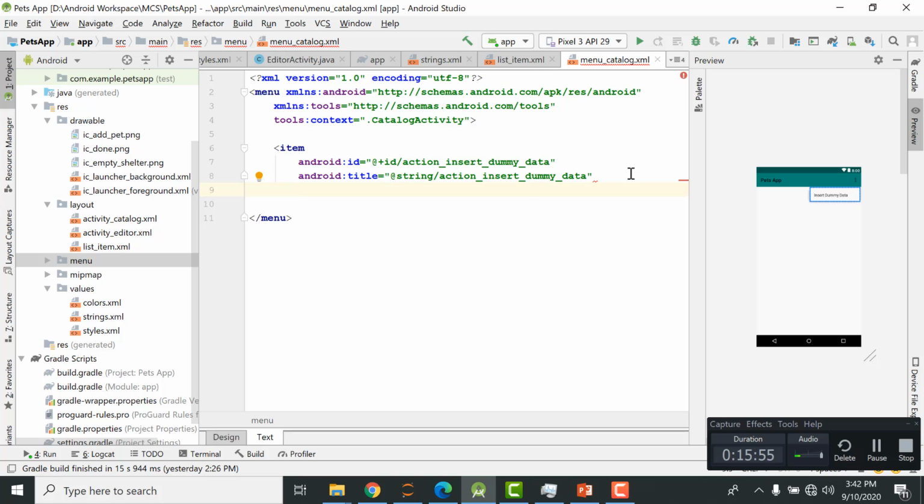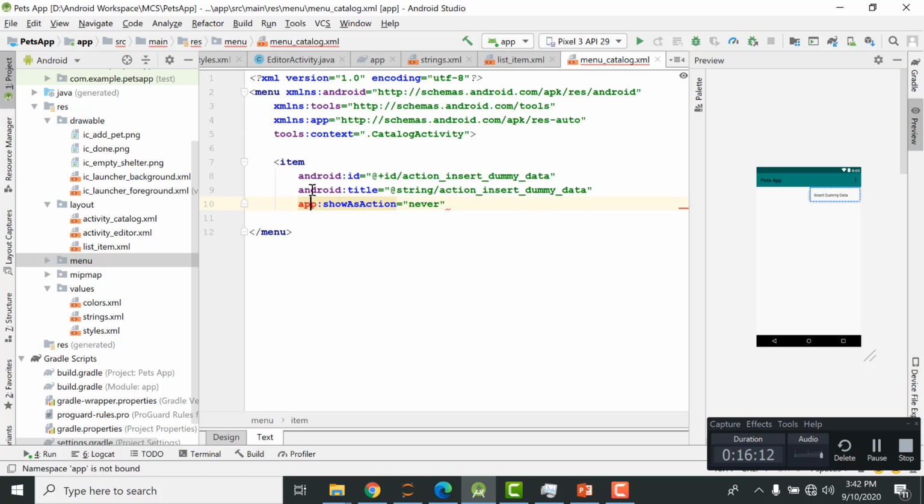And the last one is app show as action. So I do not want to show it on the menu bar. I want it to be hidden. Okay,